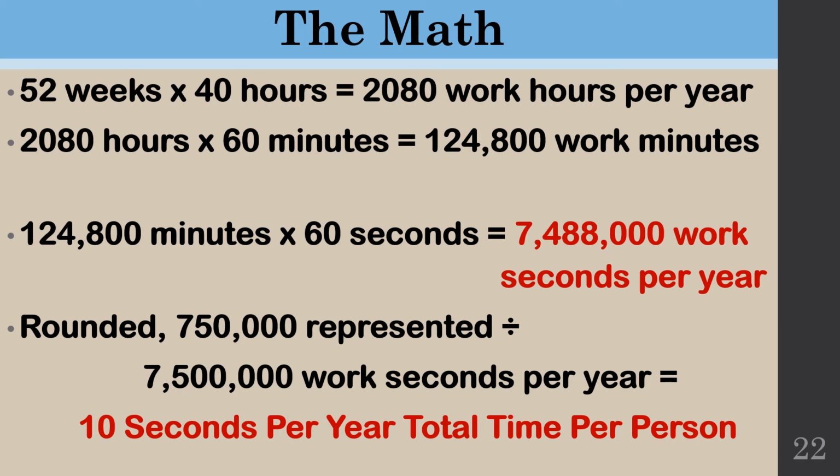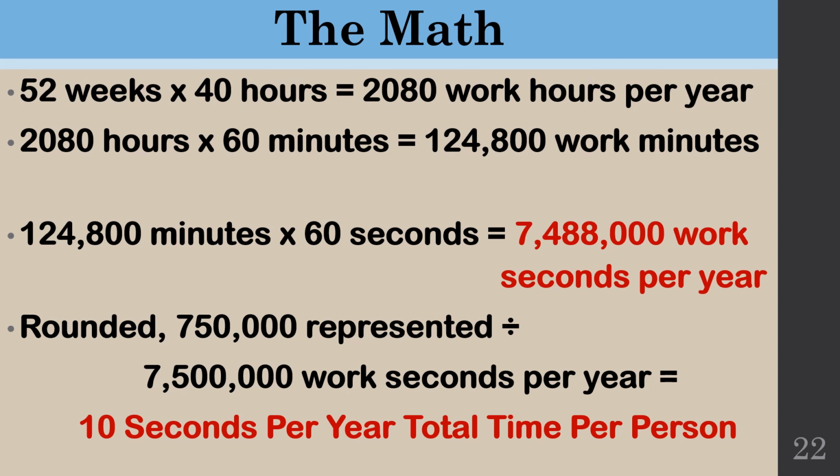So now, we take how many people are represented by each U.S. representative in the House of Representatives. They represent 761,000 people right now, and that is just going up, up, up. So we'll use a rounded figure. Let's say they represent 750,000 people. Divide that by 7,500,000 work seconds. Each share of time to each citizen is 10 seconds per year, but the representative is not